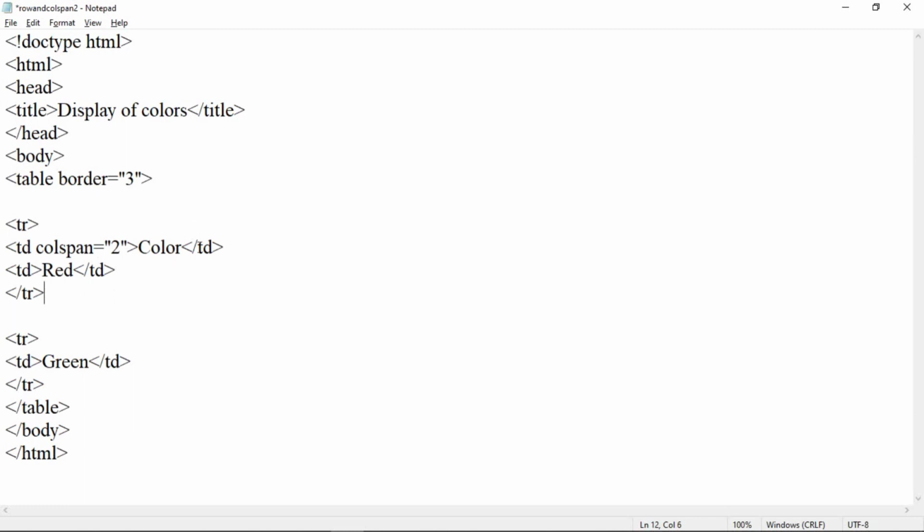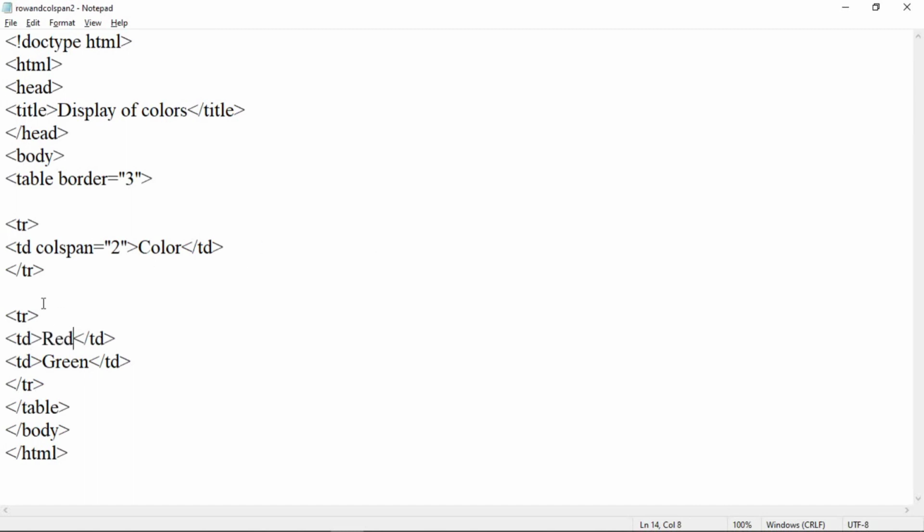Then this is the end of tr tag, because two columns are merged now. Now within the second row there will be two different colors, that is green and red. So let us add here one more td tag, td and end of td. Within this add a red color.